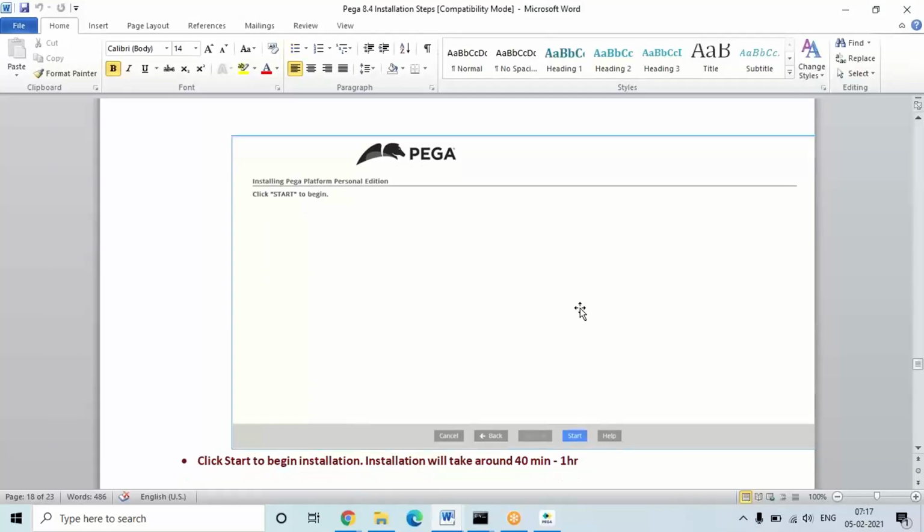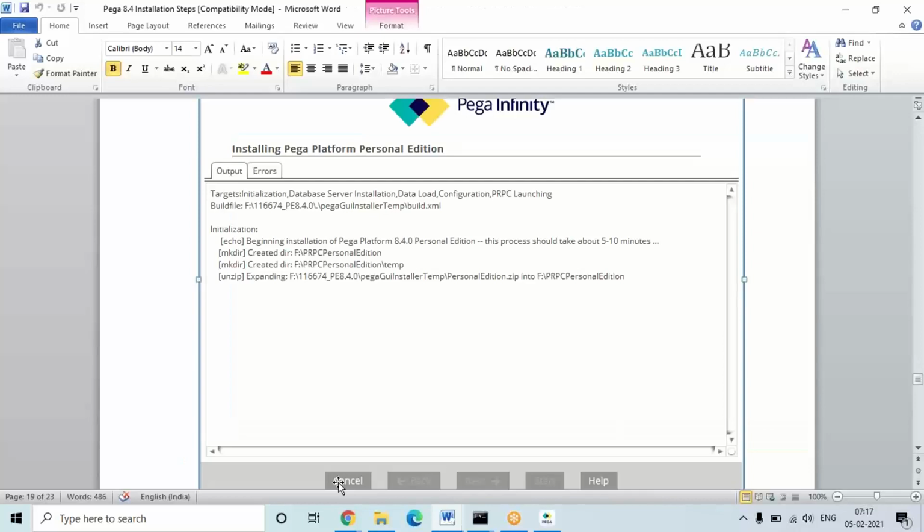Maybe it may complete in 30 minutes. Sometimes if the system has a high configuration, it will complete within 20 minutes, or sometimes it may take 1 hour. So depending on the system, the time can vary. Once you click on the start button, just plug in the charger and leave it.